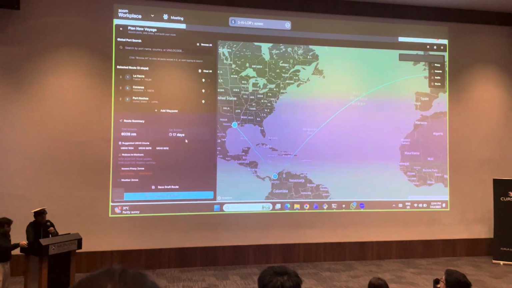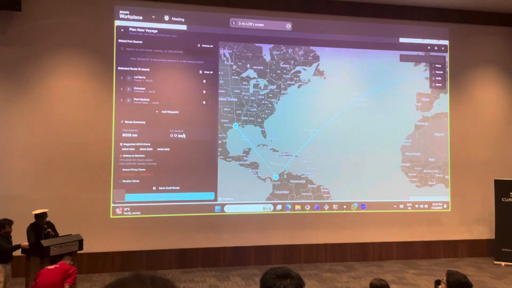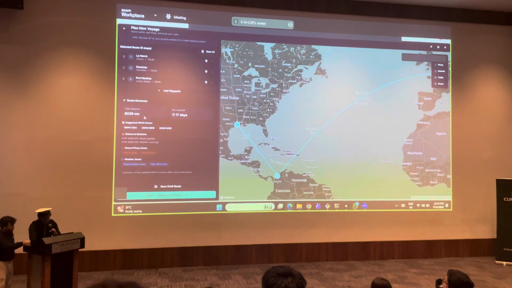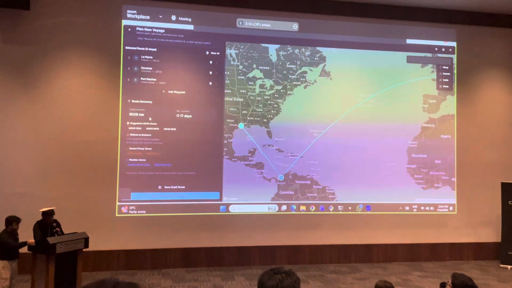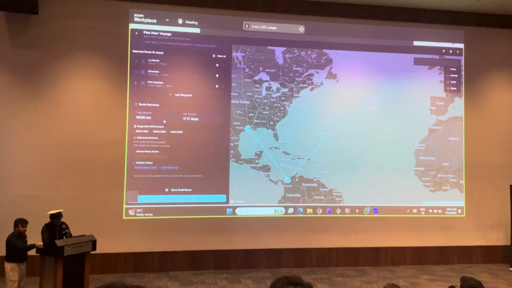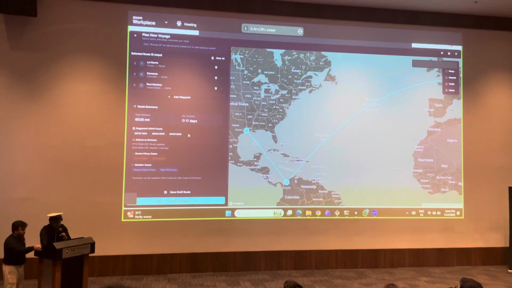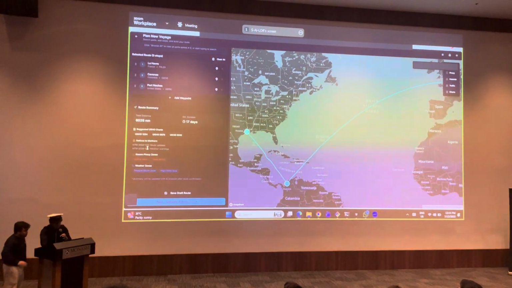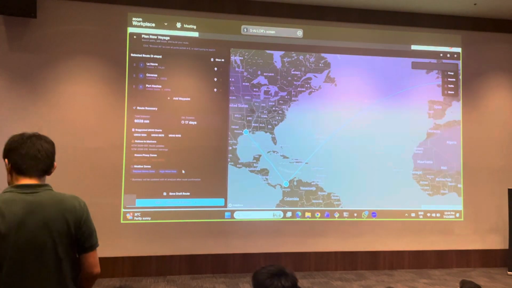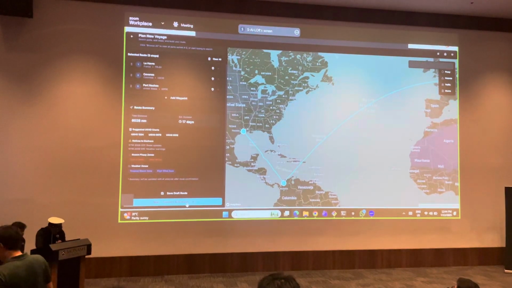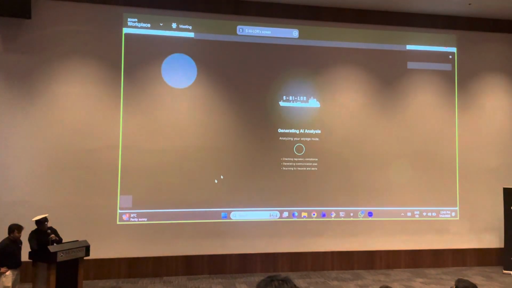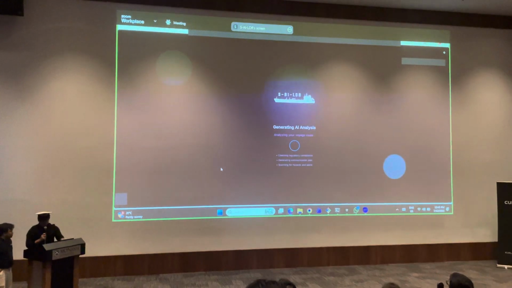So once you're already satisfied with the rough idea, it also shows you all these minor stuff such as the distances from the voyage, and also the estimated time. It gives you notice to mariners, all the circulars that we need to follow during that time. And next, you can just go to generate AI analysis. And once it's loaded,